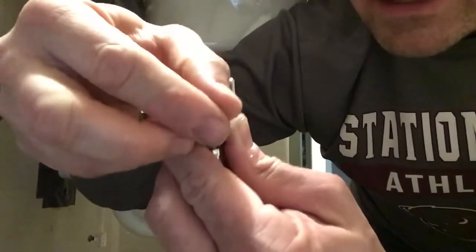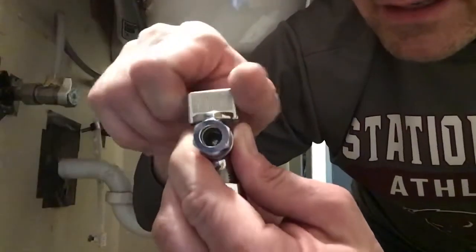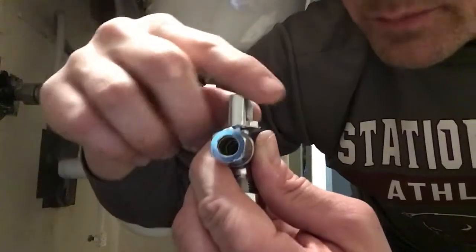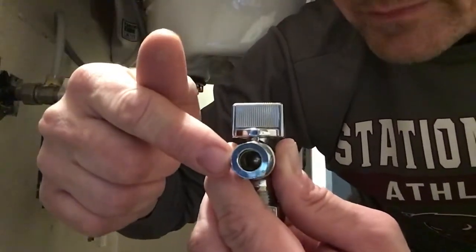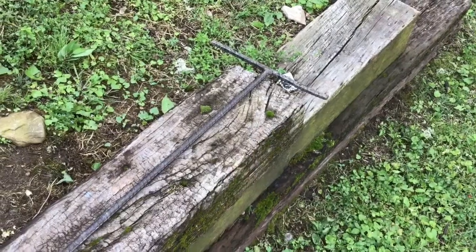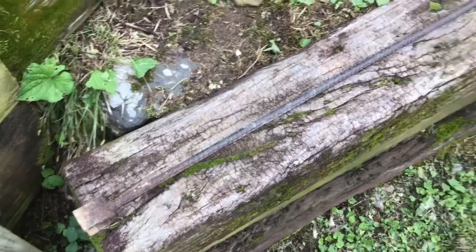The line attaches here, and when I attach that line and get everything tight, I can open it up and the water can flow and there's going to be no leaks. But if the line goes bad, I close it, that ball closes the hole, and then I can change my line. That's what I just did. And if that shutoff were to be bad, which it's not,